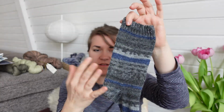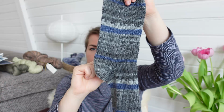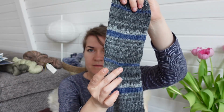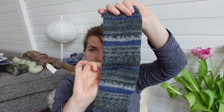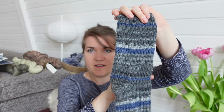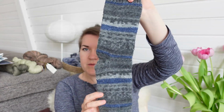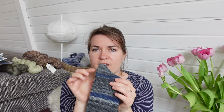Yeah, but the afterthought heel: I cast on the ribbing, did a twisted 1x1 rib, and then just knit however much I thought would be good for my husband. And then I put in a waste yarn for half of the round, basically. And then I continued knitting, so it was a continuous tube with no heel in the beginning. But I did already cut the yarn I was knitting with, put a piece of waste yarn for half a round, and then I continued with my other yarn. And that way I have a continuous pattern repeat too, which I think is nice. And then I knit down and did a toe. And then I took out the waste yarn and cast on for my heel and did basically a second toe, which,